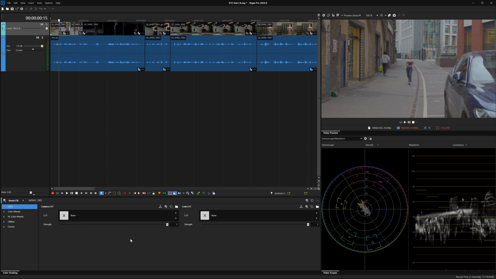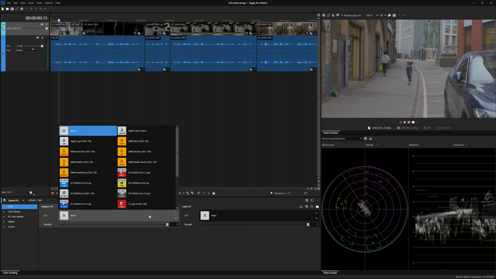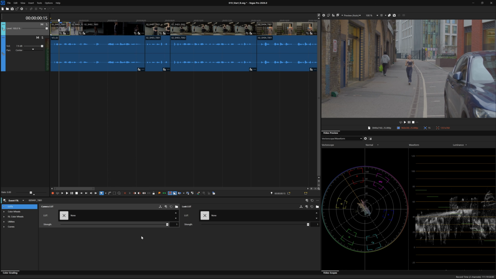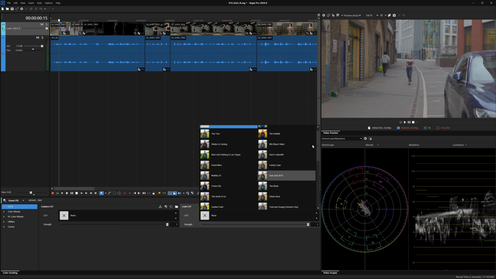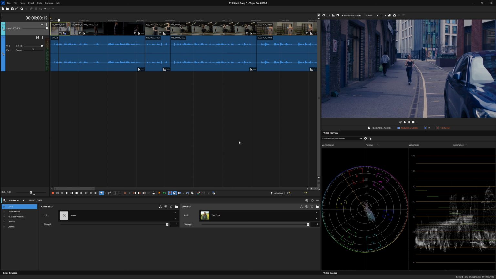Think of all those color filters you can apply using various social media apps. It's more or less the same. Now, the camera LUT is for interpreting footage correctly from various cameras. This will be covered in another video, but not in this essential series. On the other hand, the Look LUT offers pre-made stylized looks that you can apply instantly to your events after the main color correction has been done.